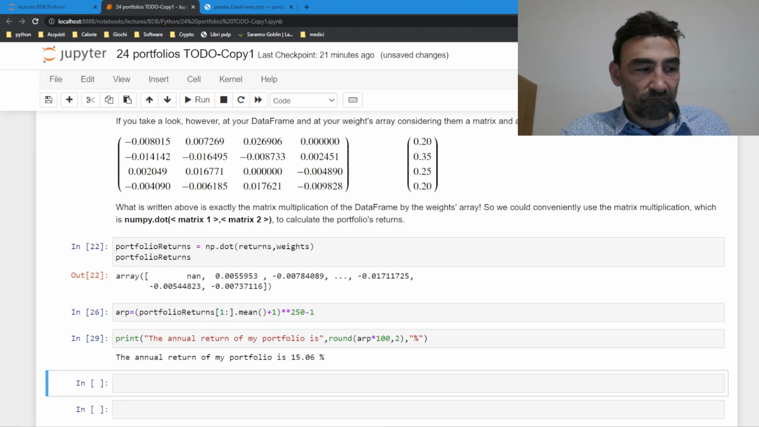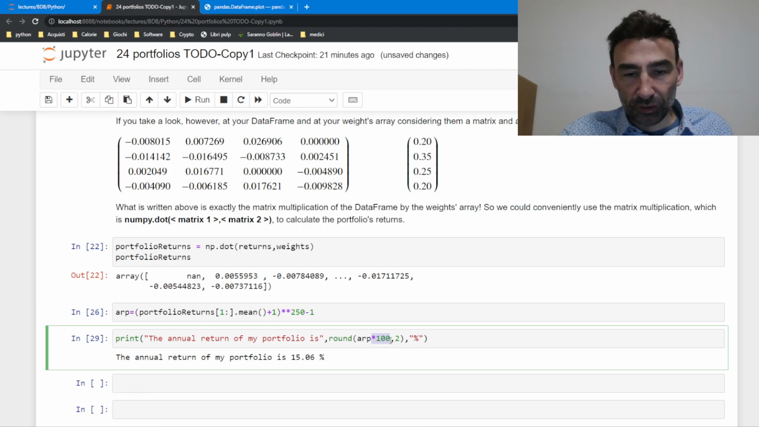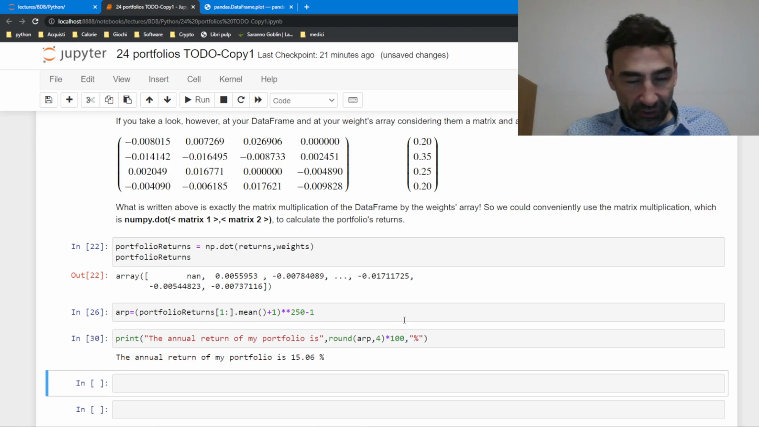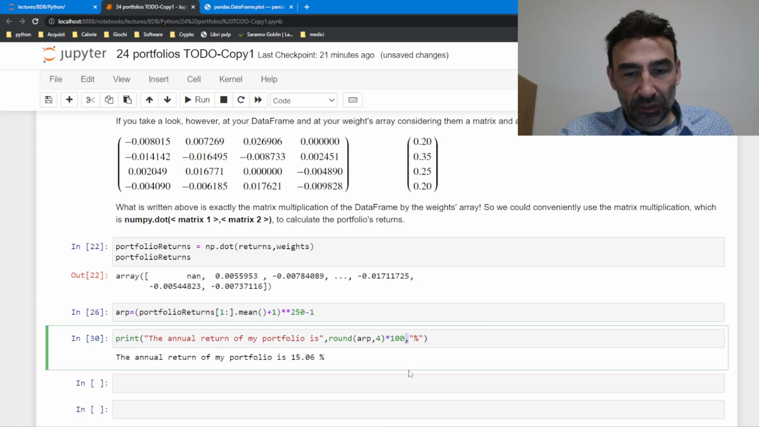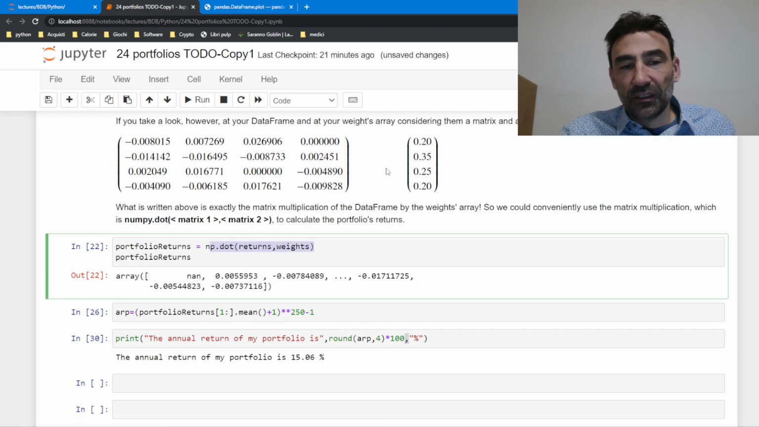Okay, that's it. If you prefer, you can round it to 4 digits after the comma and then multiply by 100. Same thing. Okay, there is no way to remove this space here, because whenever you put a comma, the space is automatically inserted. Okay, so this is how to build a portfolio and how to multiply a matrix by a